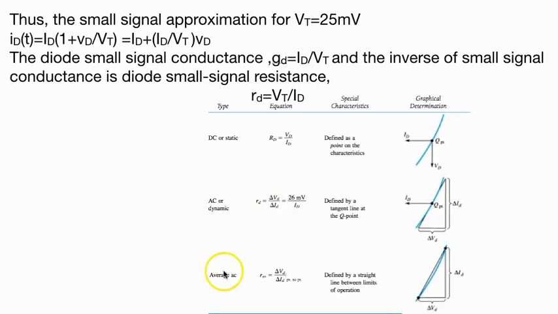divided by the ID. Now, for our average, we'll get the difference in VD over difference in ID. It forms almost a straight line. So the approximation will be like a slope. Moving to the